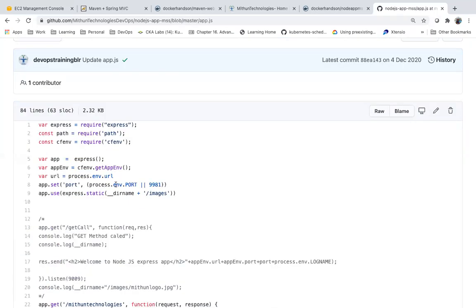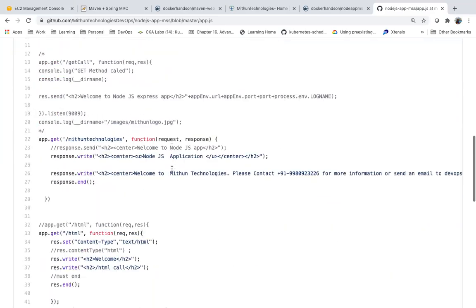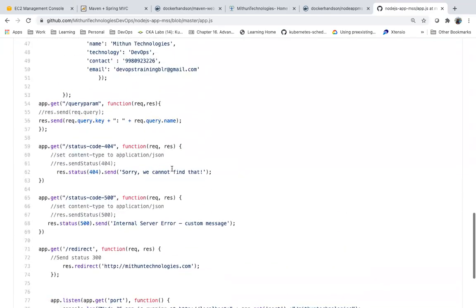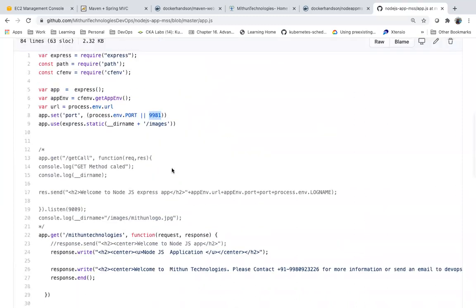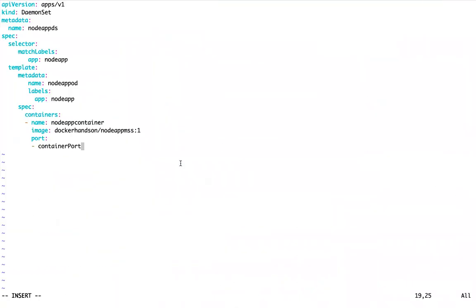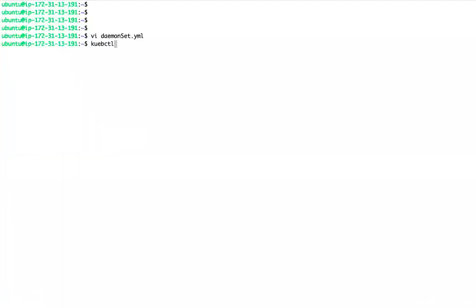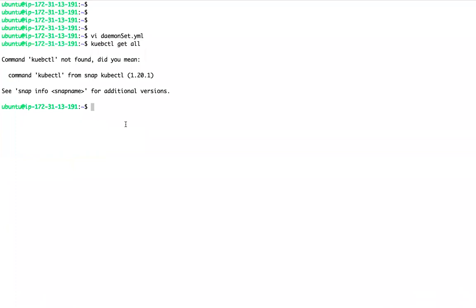What is the port? 9981, I think. Yes, this is the port, 9981. So now I can create a daemon set. As of now, I don't have any daemon sets in this namespace.